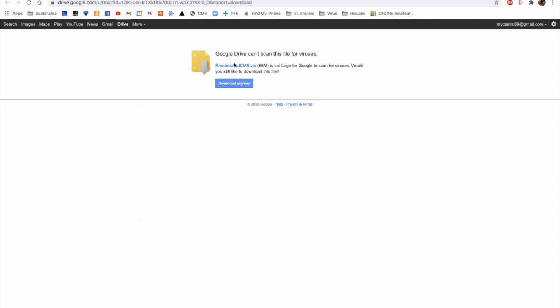It's going to complain that this file can't be scanned for viruses because it's too large. That's okay, because I already scanned these for viruses. So click this download anyway button. And in the lower left, you can see that it's downloading right now. It'll take a moment to download. Once that's complete,